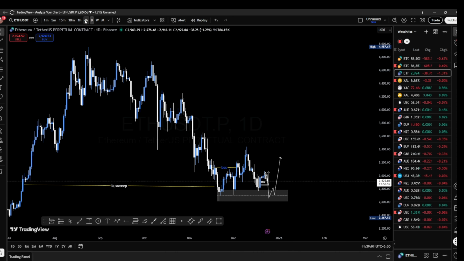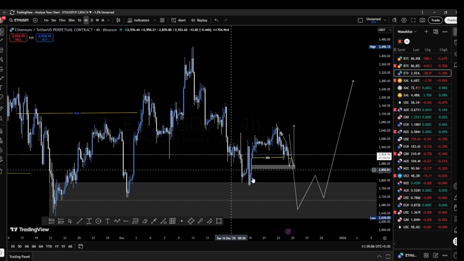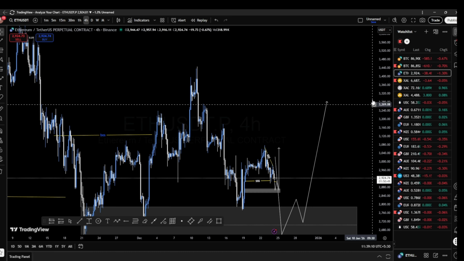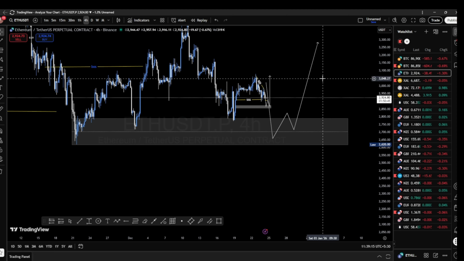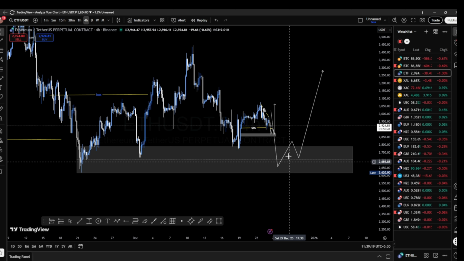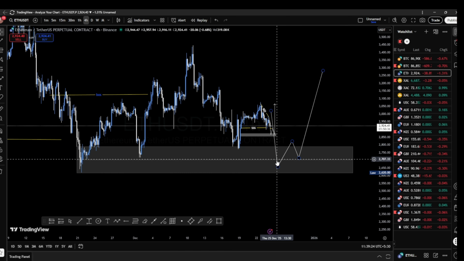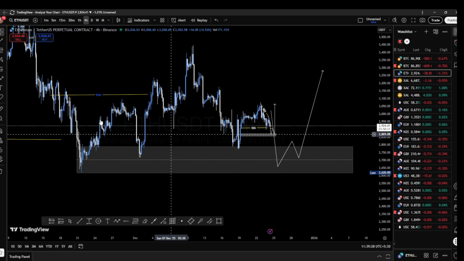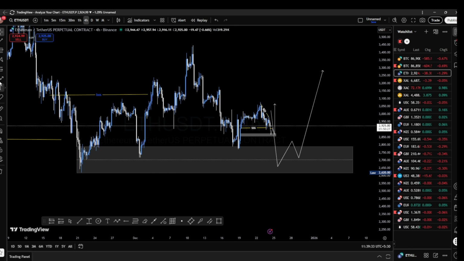You can see in the 4-hour trend this is the zone, and this zone is also marked like the BTC fib retracement. I already marked these zones. This is the zone where you can plan from upside. After entering this zone, you have to wait for a break of structure in the upside and a demand zone. Then you can plan for upside, and you can target all these liquidities